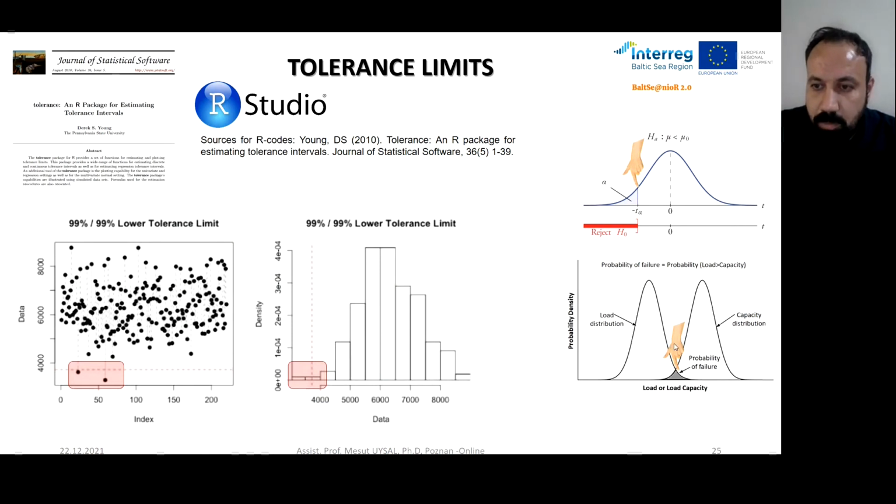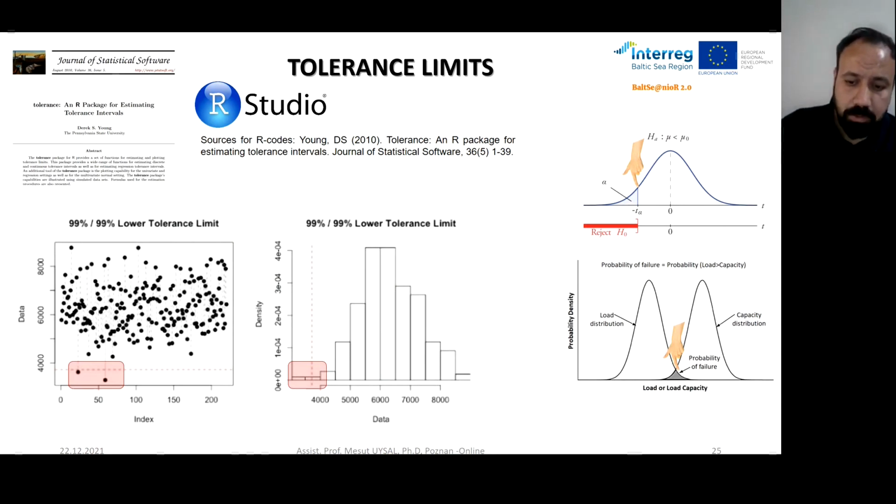Or here, this is my capacity distribution at that point. If it is lower, that shaded area is getting narrower. If it is higher, the shaded area is getting larger. So tolerance analysis helps us to find that cross-section point. If we get a design value from that point,